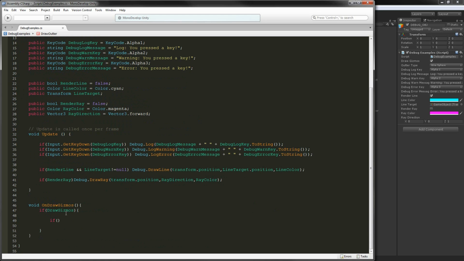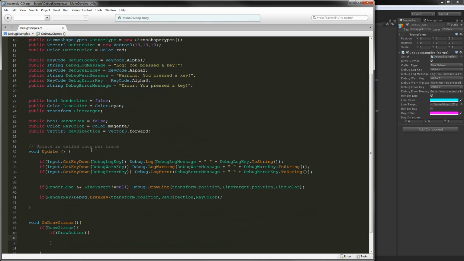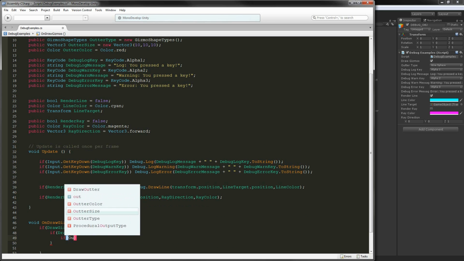Alright, so now we're going to say if draw outer. Now we can kind of, whoa. I was trying to save there. All right. Now we can have a toggle for just the outer one and just the inner one, because I like that idea. All right, so if we're going to draw the outer one, we're going to do a big old if statement here, and we're going to say if outer shape, outer type, sorry,